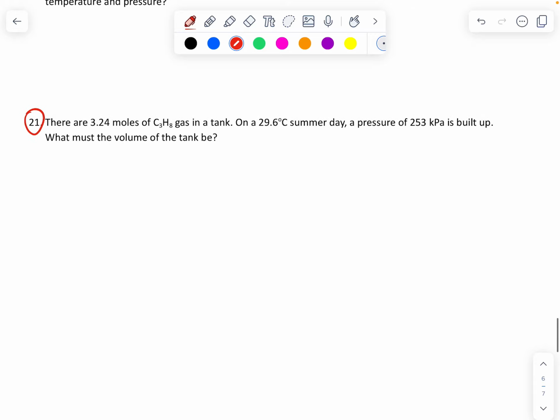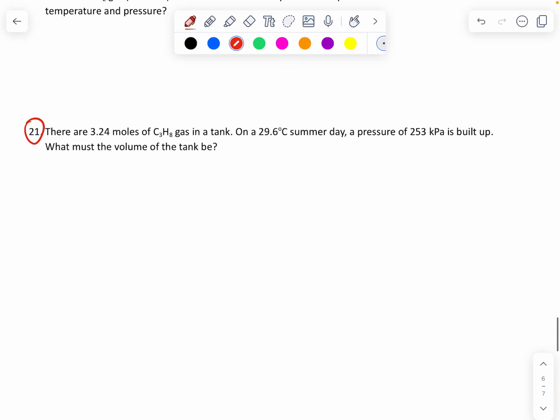All right, we're finally here, guys. Well done. There are 3.24 moles of C3H8. So that's n, right? 3.24 moles on a 29.6 degrees Celsius summer day. Okay, temperature,